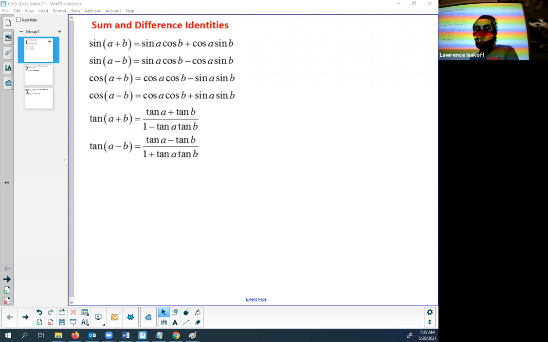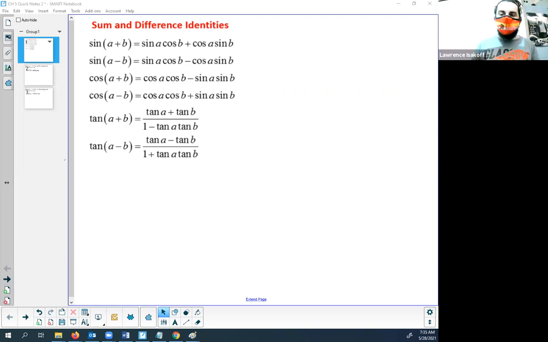Last thing we want to talk about for the year again are our sum and difference formulas. Now, in some ways, these might seem a little bit silly. Like, well, why do I need to know these? I could just utilize a calculator. This is great for angles that can help us get a few more different angles and get those exact